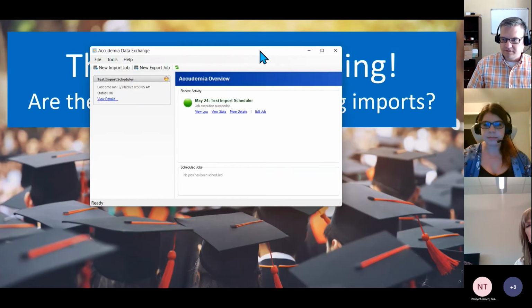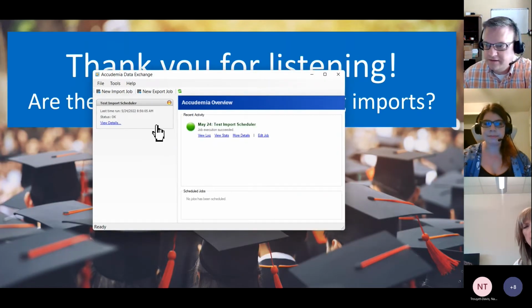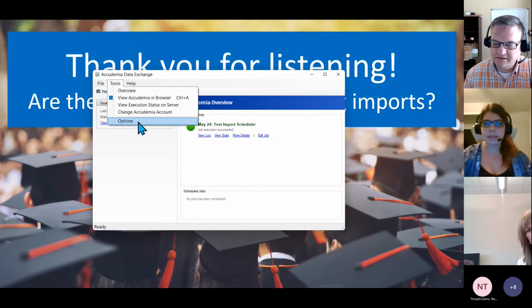Oh, it opened on another window. Okay, so some of those things,